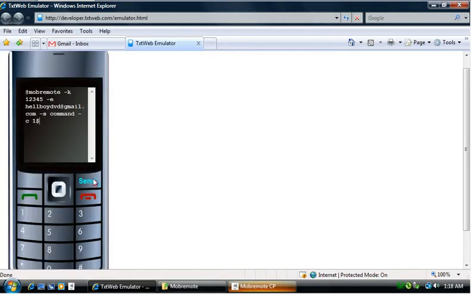I won't be able to show you how to do it because this is an emulator. I type it out, and if I click send, it will automatically send it to that number, because this is an emulator from TextWeb itself. So after checking everything, I hit send, and wait for it. I want a reply from TextWeb that the message was in the correct format.